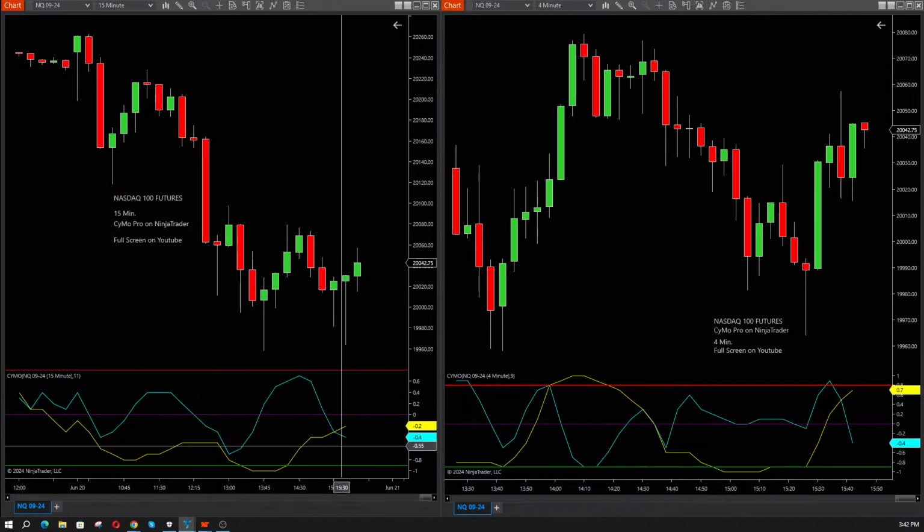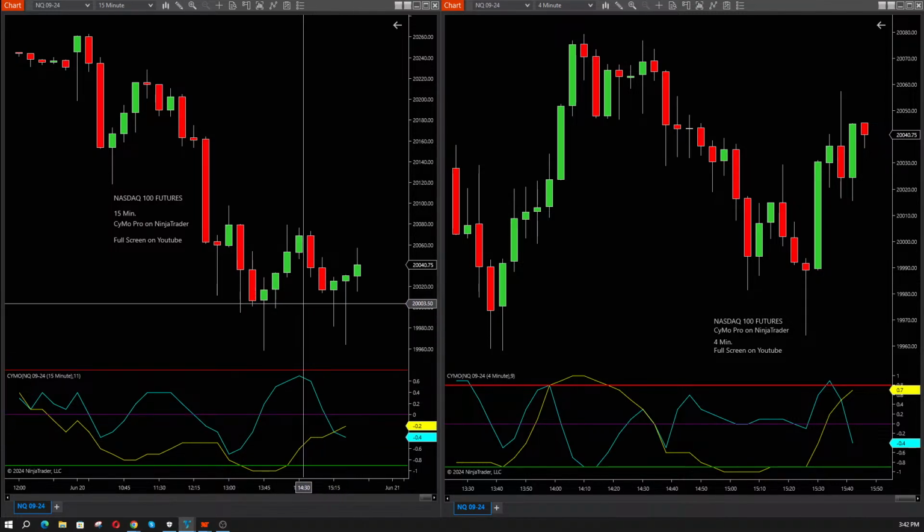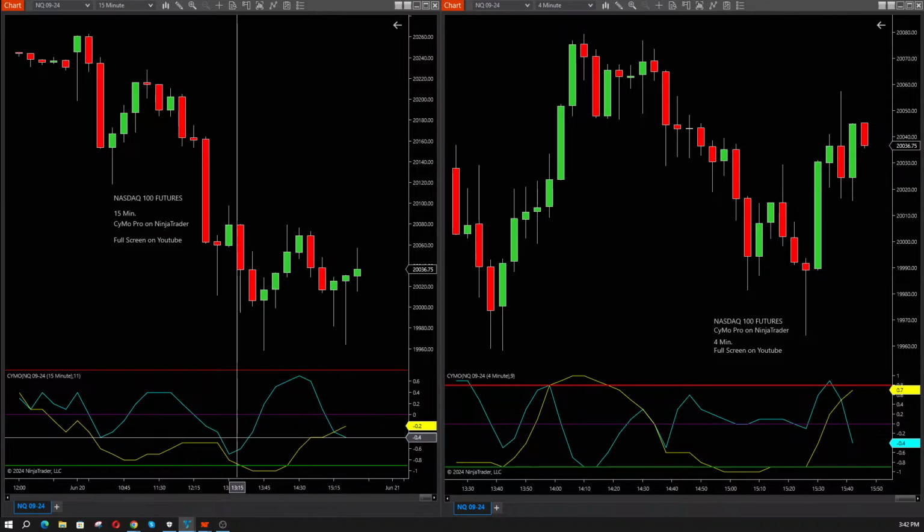For the 15-minute candle, there really wasn't anything that, in my opinion, would have been a strong setup to go short or even long right here on this 4-bar reversal. So,